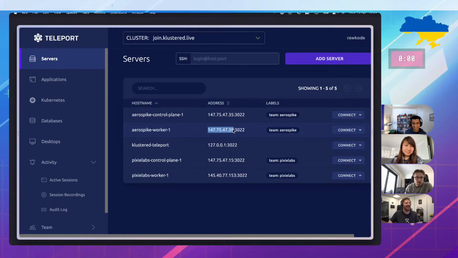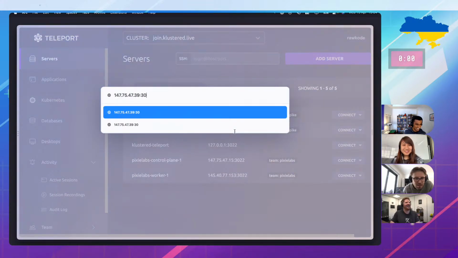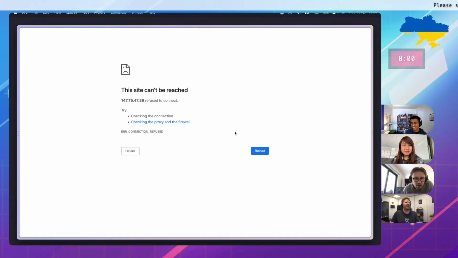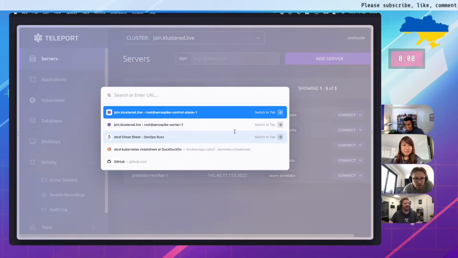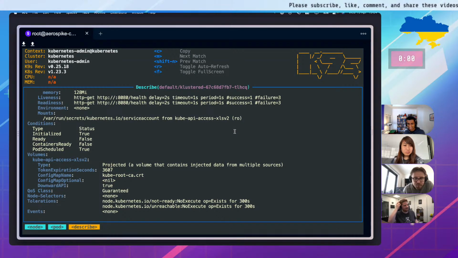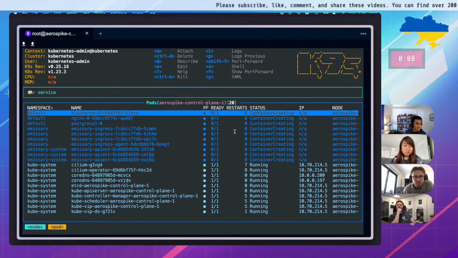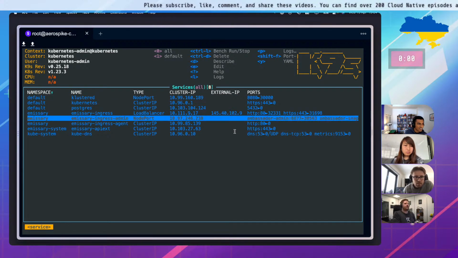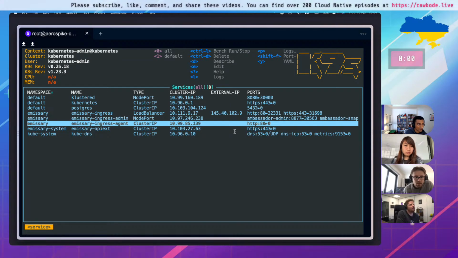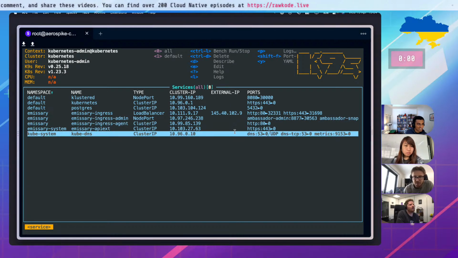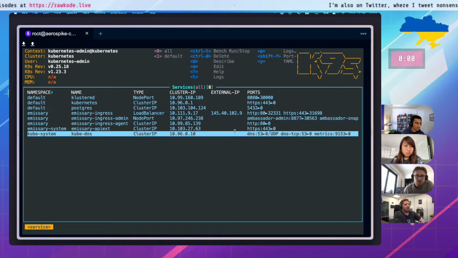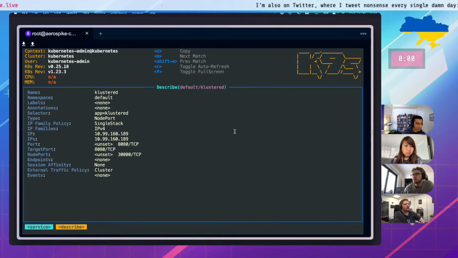No. Come on, there can't be any more breaks. Do we have a service? We do have a service. If you click on the service, I guess, will it resolve to the clustered? Does the clustered service have any endpoints? No.